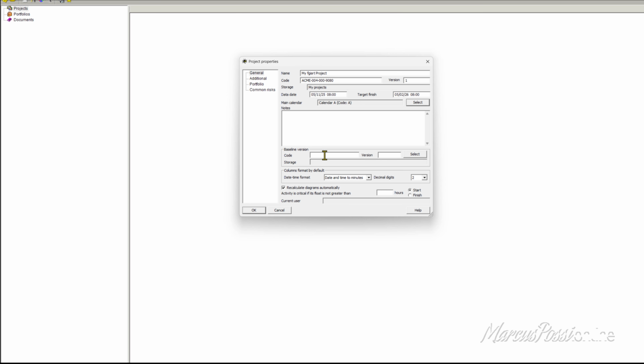Baseline version, we'll talk about it later. Date format means that you just want to see date, day, month, and year, or you want to see every second of your start and finish activities parameters. Decimal digits mean after the comma you see no decimal parts, no decimal information, or up to 9 decimal digits,